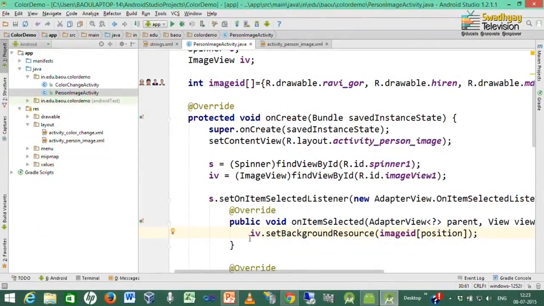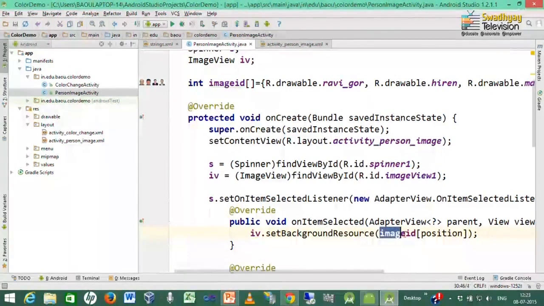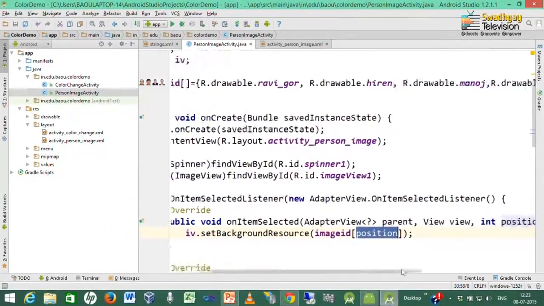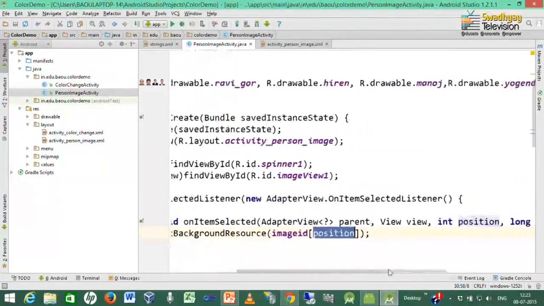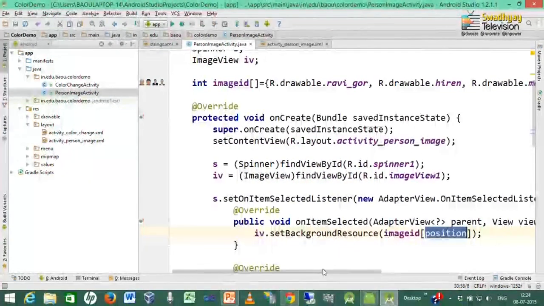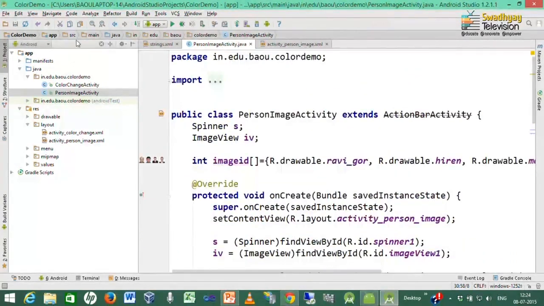So, this single line of code will fetch the image ID from this imageID array which is selected in the spinner, and remember these image IDs are matching with the name. So, we will always get the proper person's image. So, our code is completed.